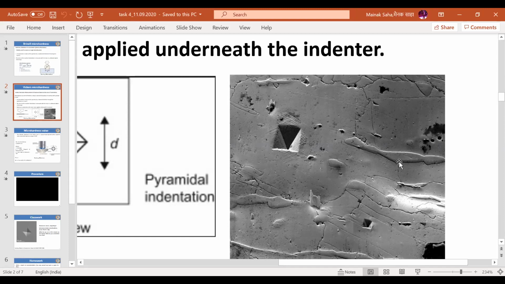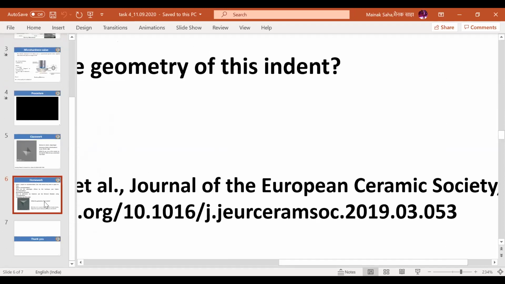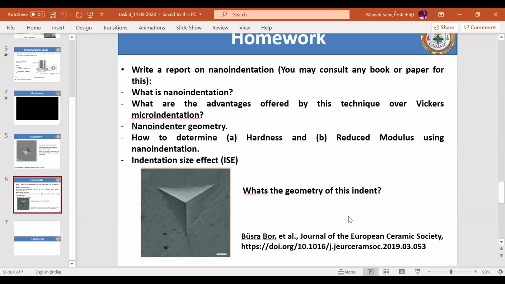The nano indent, I did that. Micro hardness testing is only going to tell you about your hardness. But this nano indentation technique is very much advantageous. It's going to tell you more things. See, only knowing the hardness is okay. It's going to talk about the overall strength of the material. But see, the overall strength of the material itself